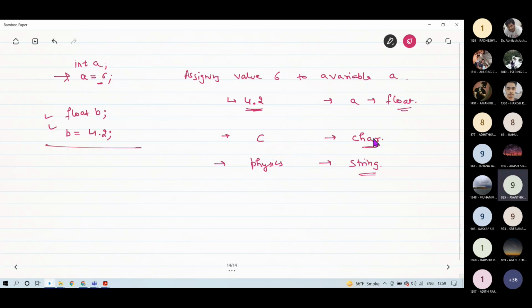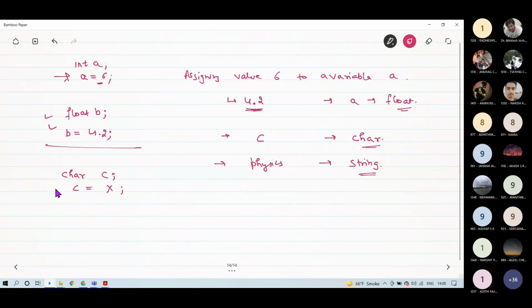Similarly, for assigning a value to a character variable, you can define a variable C by char, and then you can assign any character. Like I want to store the alphabet x into this variable C, then I can write like this.